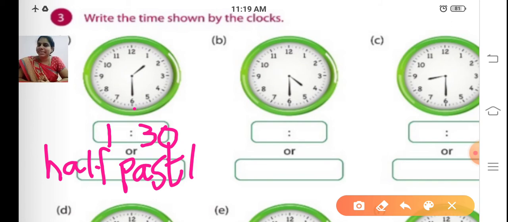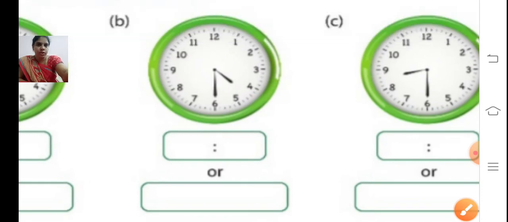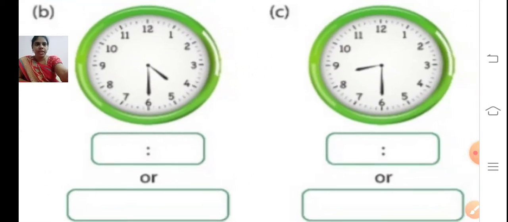Time is 1:30. As the hour hand has crossed 1, the hour hand is at 1. And the minute hand is at 6. So 30 minutes. 1 hour, 30 minutes. How will you write in the other way? So 30 represents half. Half past. So 30 minutes is over, right? Half past from the time 1 o'clock. So half past 1. Now, I'll tell you 4:30. That you draw or that you write. How to write in the other way, you have to write.